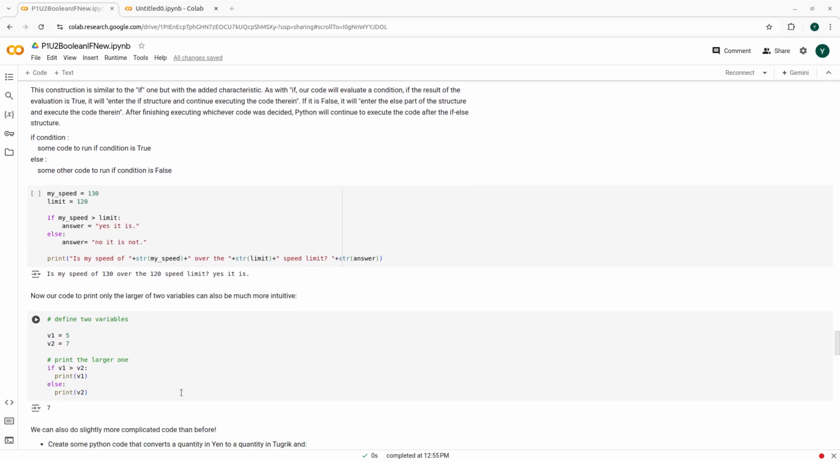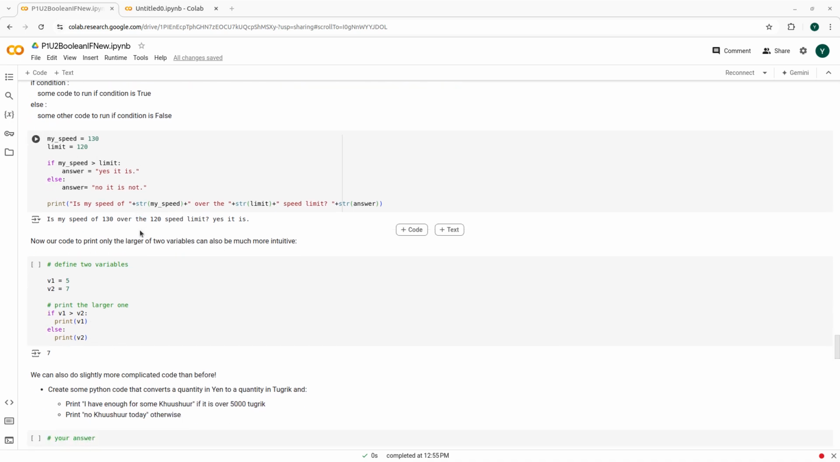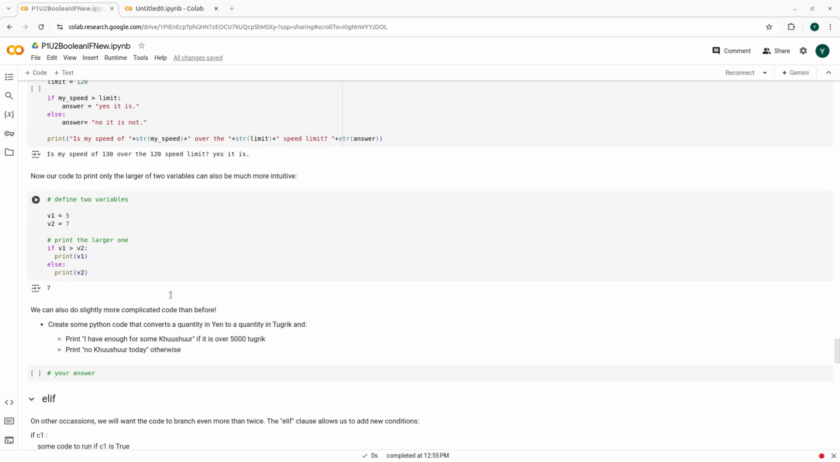Sorry, our particular case where we wanted to print the bigger one. So we compare them, and if v1 is bigger, then we print it here, and if it's not, then we print the other one. Okay. Here we have also another example where we print different things regarding the speed limit and the value of